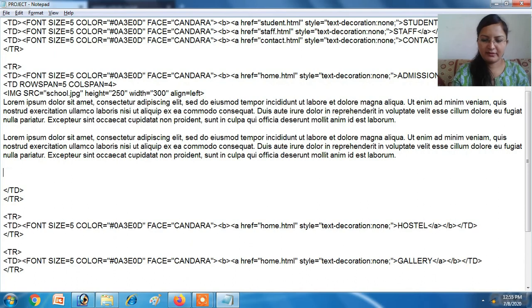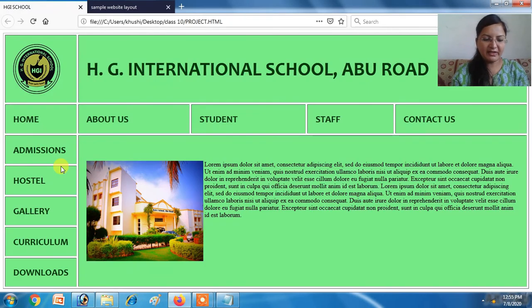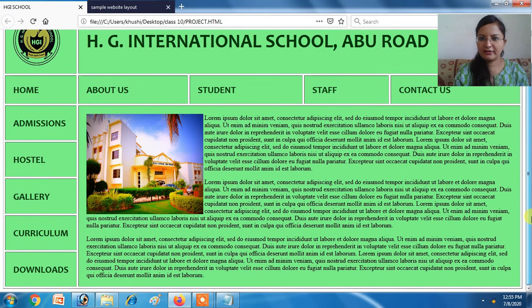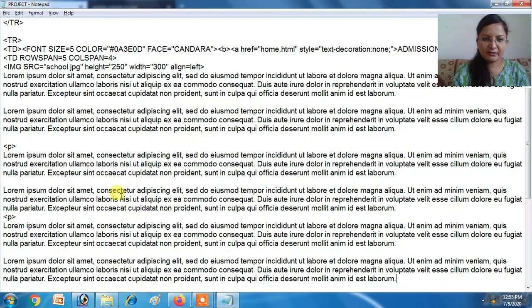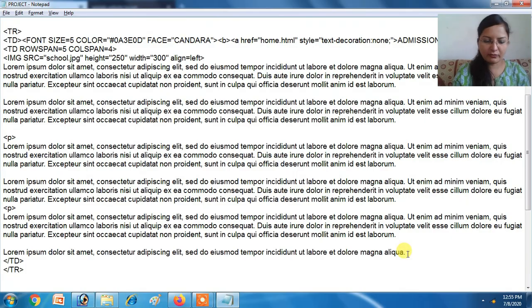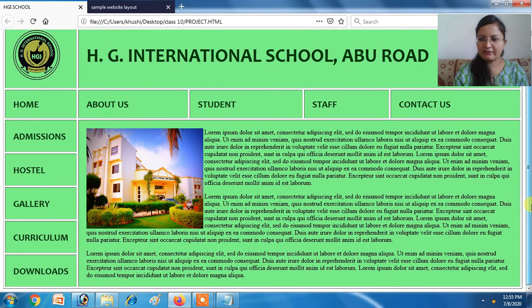Now add a few more paragraphs. So I'm using the p tag for a new paragraph. Again one more p tag for a new paragraph. This is dummy content. You have to add the content according to your choice. Okay, the page is complete. You can see it is looking nice now. We can reduce the content if we want. Like this line I am removing, so that, yes, okay, it covers the whole page now.